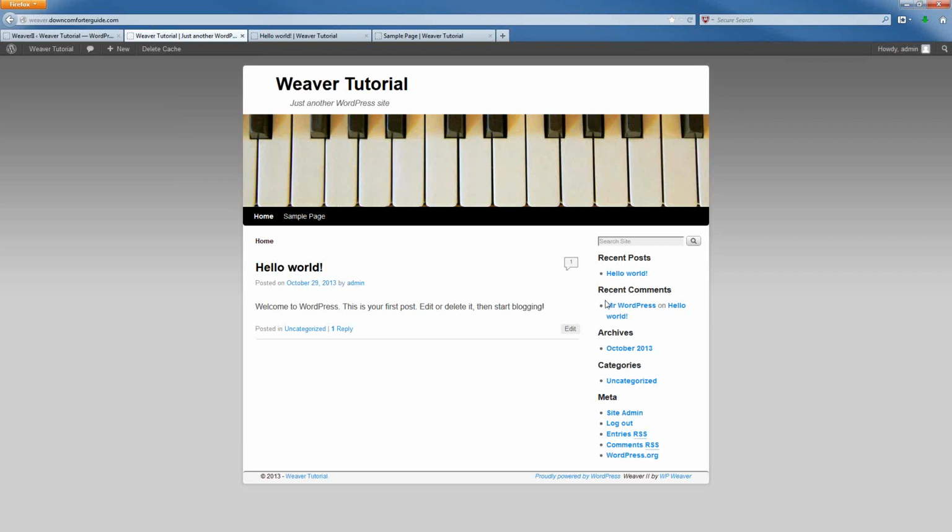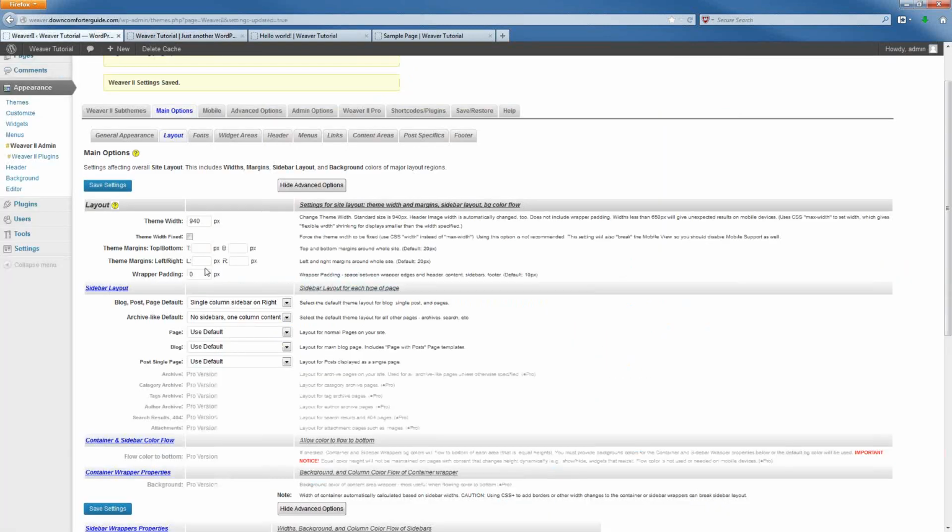And a lot of this really involves the sidebar right here. You have a number of different ways that you can actually configure Weaver to work in terms of using the sidebars. Now, before I move along to the sidebars, I'm going to start up top here with these different layout